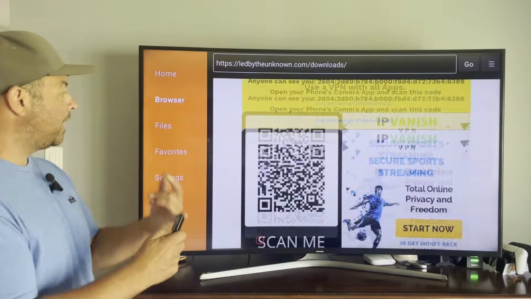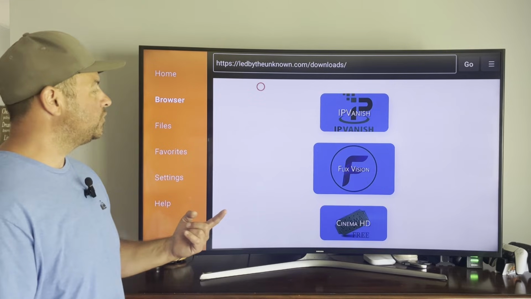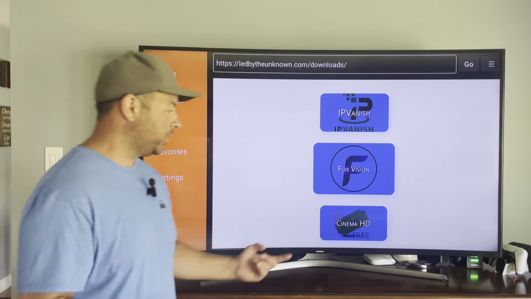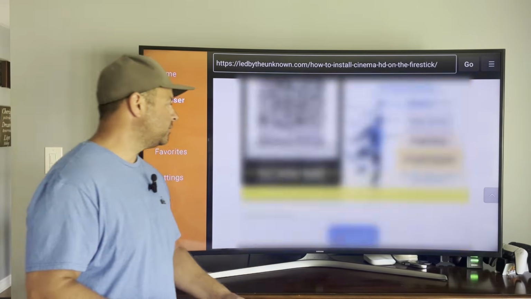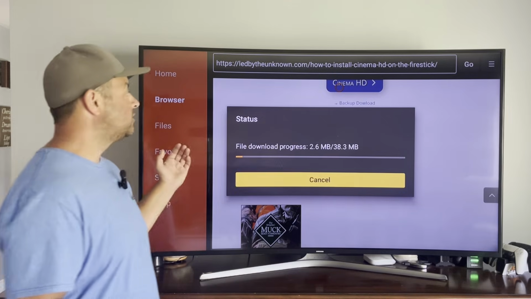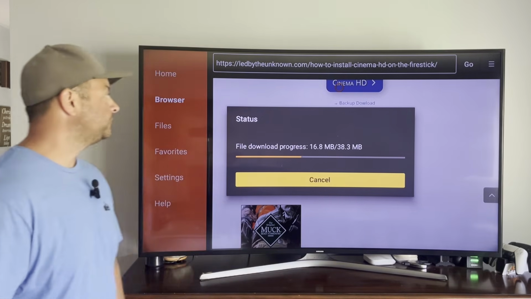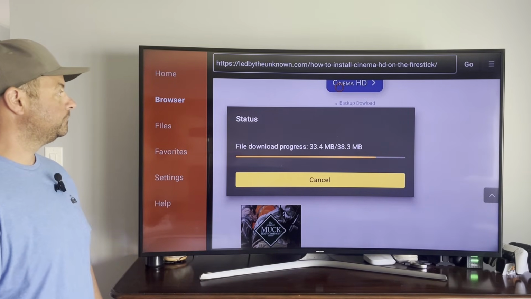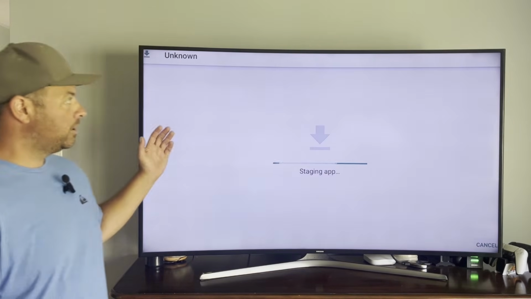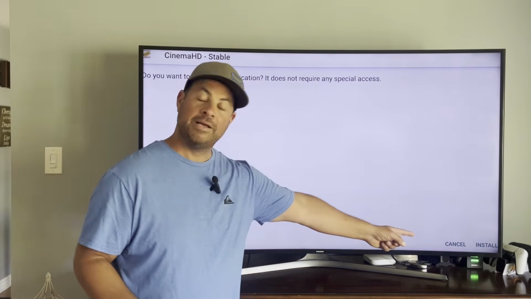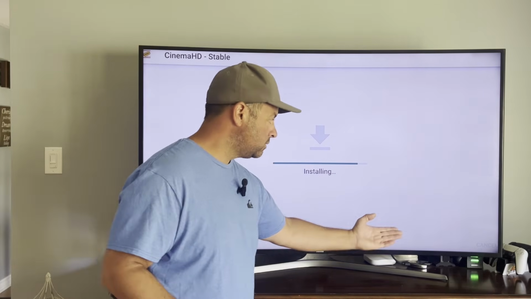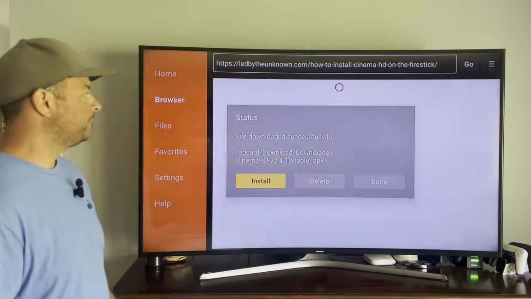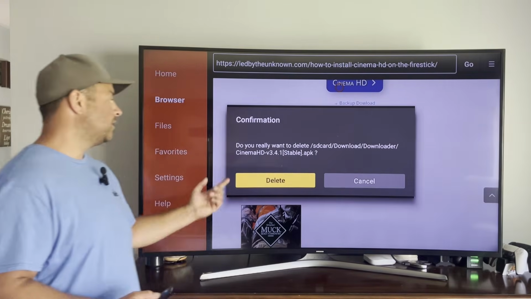Okay. We got one app done. There's so many apps to choose from, guys. An oldie, but a goodie. Still working fabulous. Click on it, head down, highlight the blue button. It installs the application onto our device. Does the install part, head down to the bottom right, install. Once it's installed, we're going to hit done. So highlight done, click done, delete the installation file, confirm the delete,